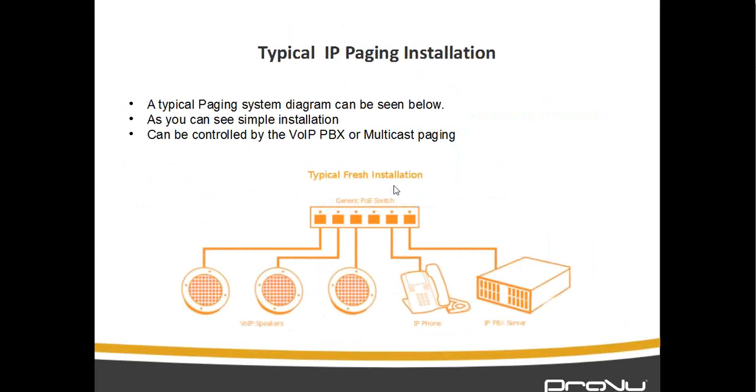So let's move on to a typical IP paging system. It looks just like what you see on the screen. You have a PoE switch, possibly a router, an IP PBX, and you've got PoE-enabled or IP speakers. All you do is hook them up to a PoE switch, get them powered, maybe connect to a VoIP system, and then start streaming music, or make a multicast page. It's quite simple in terms of installation. All you have to do is run a Cat5 cable to the endpoint, and the rest is configured by an online system or web browser.